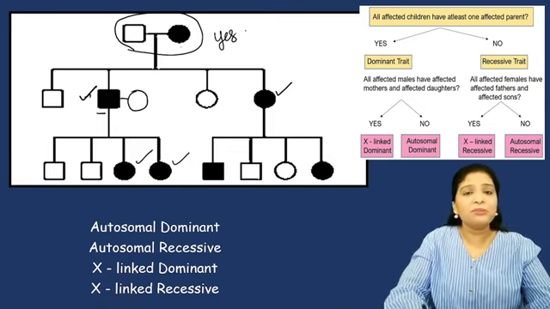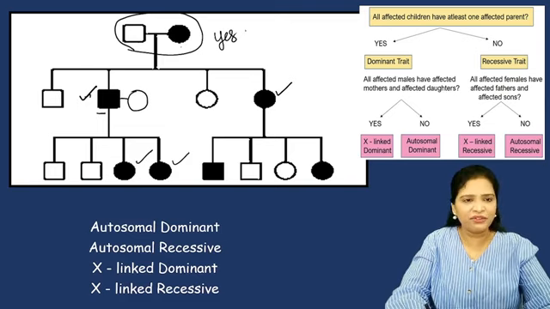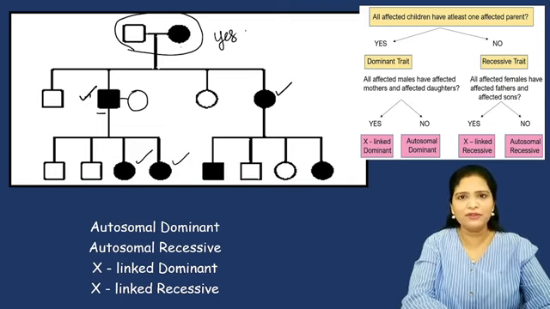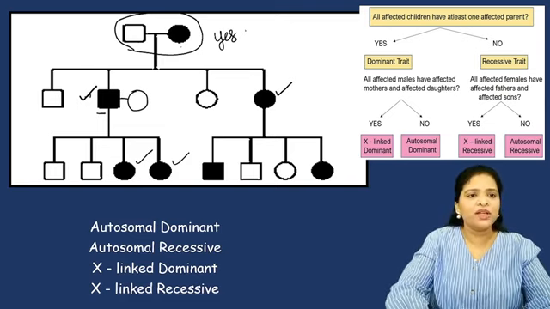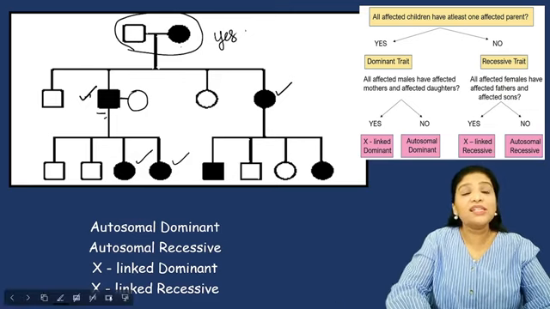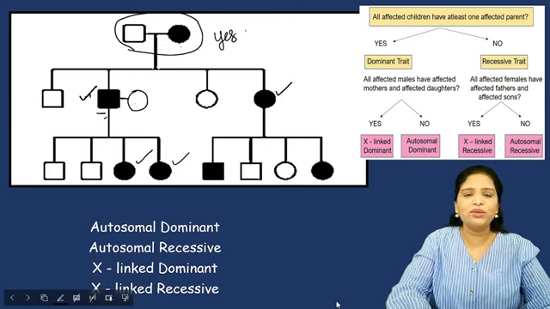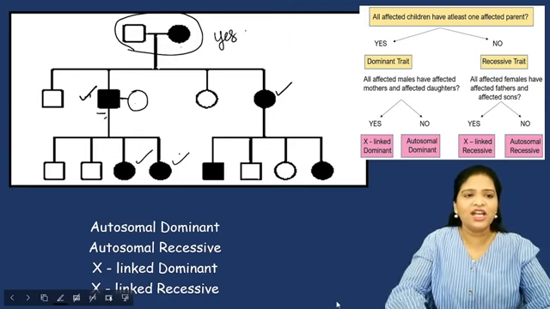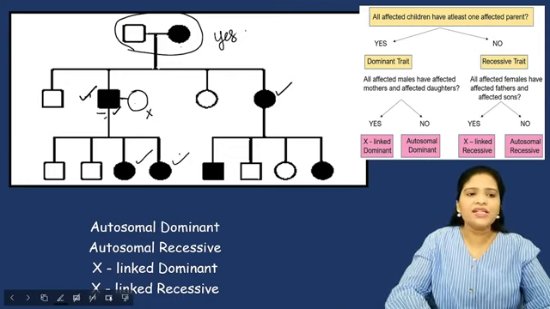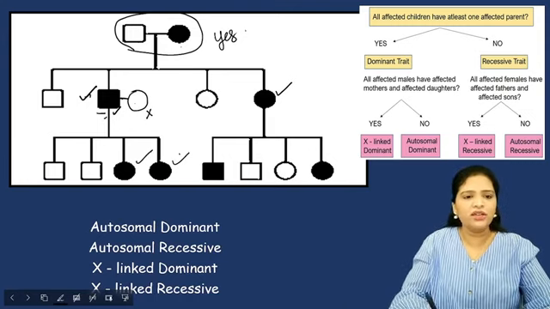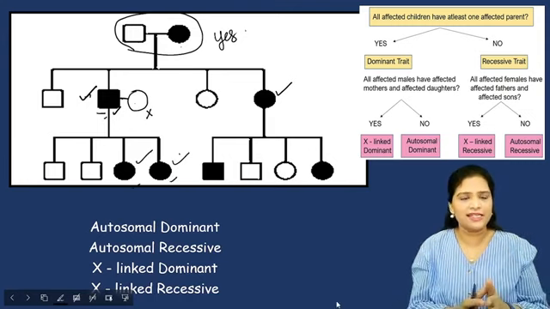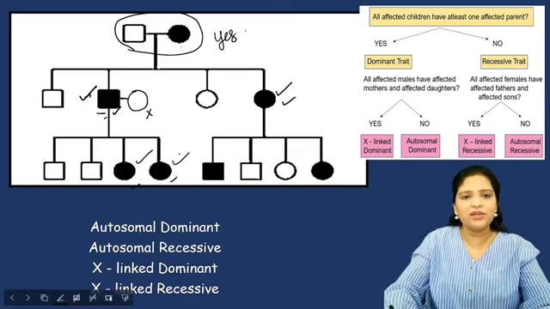So that means this parent is unaffected. You can draw by yourself in the examination. Since it is not given, it is understood that the mother is a healthy mother. Without the parent, you don't have the next generation, right? So here the father is affected, whereas the mother is not affected. That's why she is not shown in the pedigree. Whereas out of 4 children, 2 daughters were affected. This is the scenario.